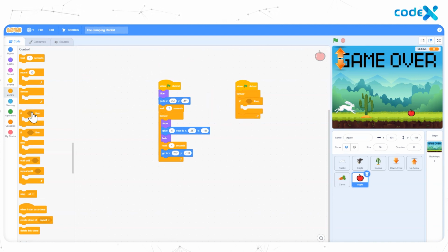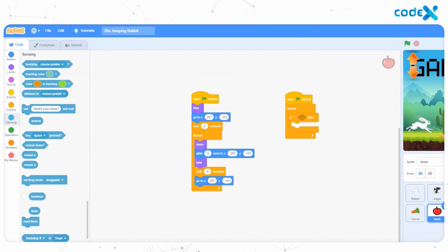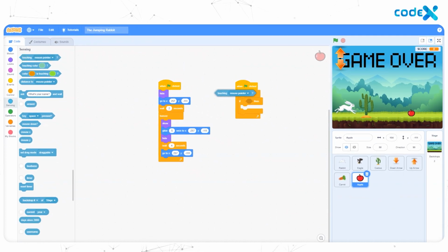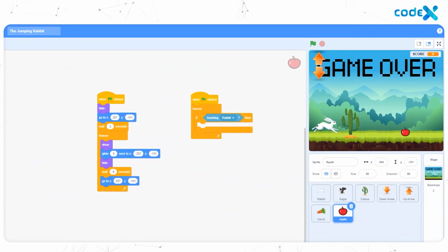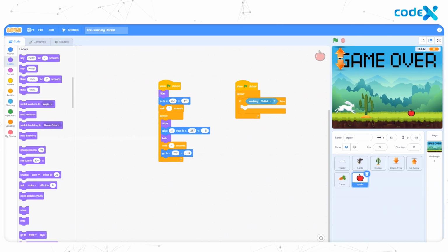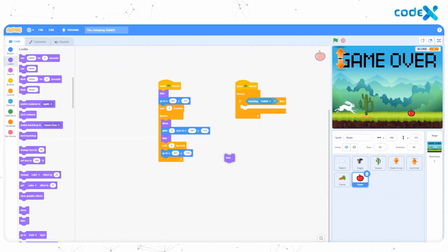Now from the sensing tool, attach the touching mouse pointer block into this if then conditional block. Change mouse pointer to rabbit. Now go to the looks option. Select hide block and place it inside this if then conditional block to hide the sprite when it touches the